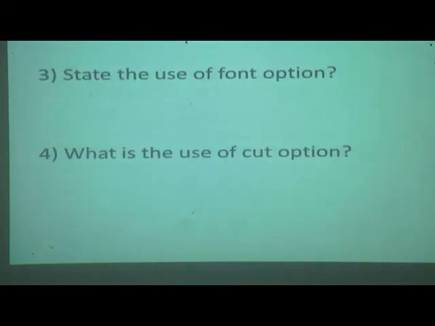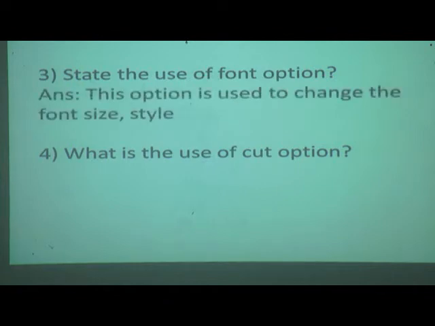State the use of font option. This option is used to change the font size and style. Font option is useful if you want to change the font style or font size.